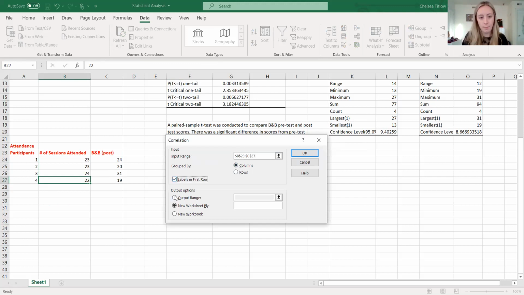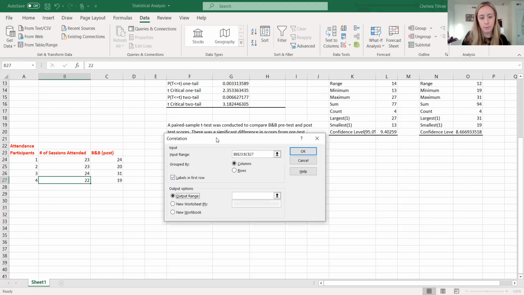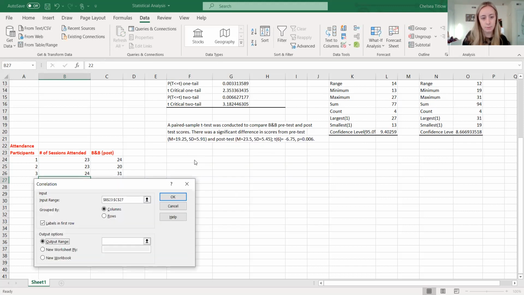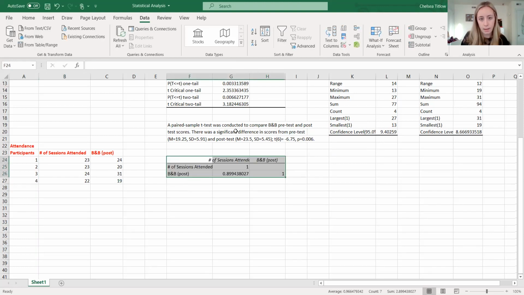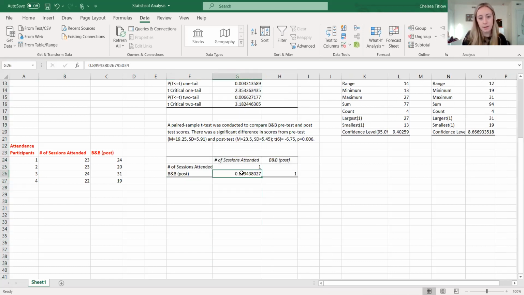And then for the output area, let me just put it down here so the information up top isn't mixed with it. Okay. So as we can see there, this is a positive number right here, so it is a positive correlation,